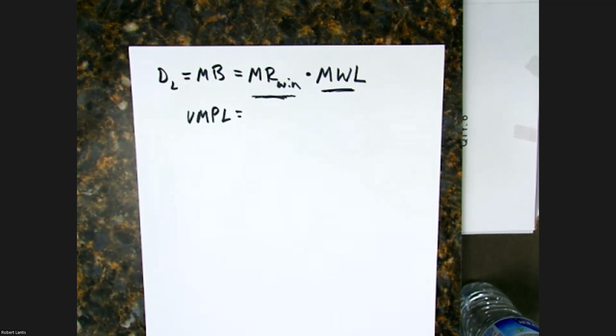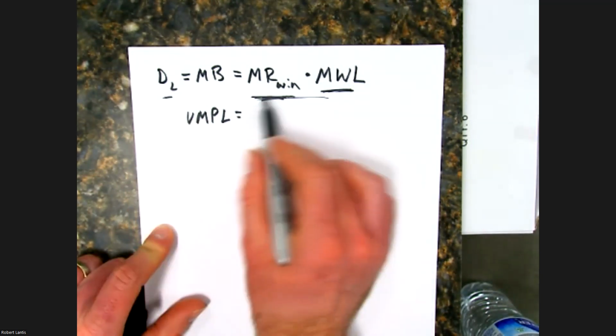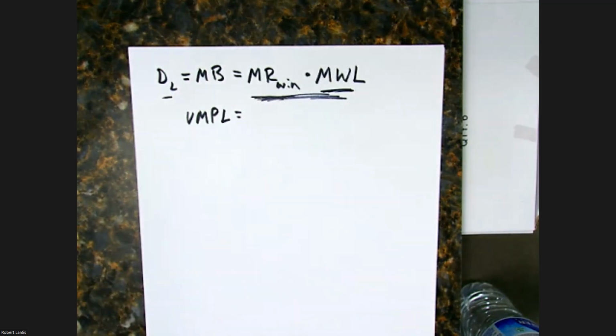And that would be the total value that player is bringing to my team, in terms of a dollar amount. So the demand for labor is going to be based off of how much value that player is bringing in to the team, or how much additional revenue that player will bring in by being added to the team. So that's where our demand curve for labor comes from.